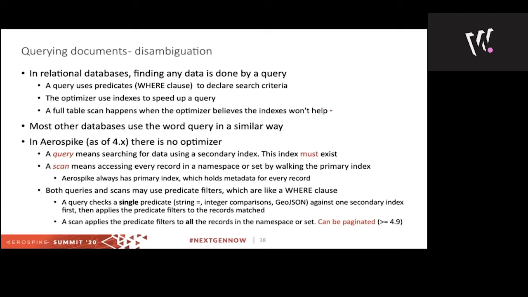Now, scans also can use predicate filters. It's just kind of like a table scan in an RDBMS, except it's better because it actually uses a primary index. The primary index, again, is like a primary key, if there was a single primary key that was applied to all the tables in a database on the relational side. Also, as of 4.9,